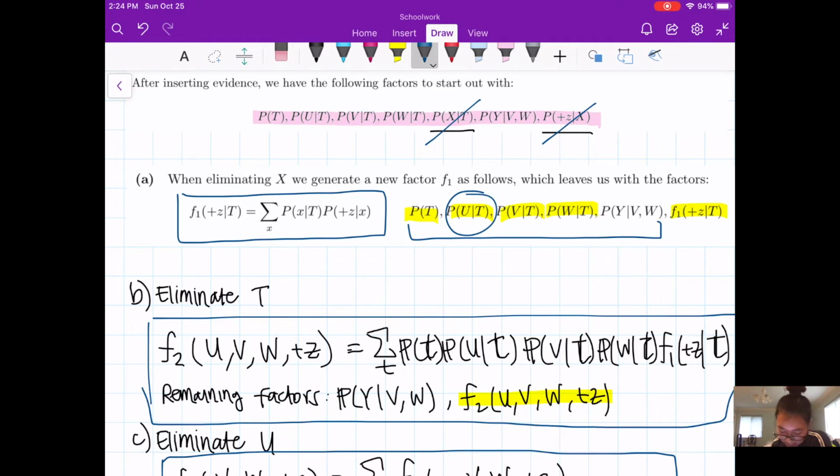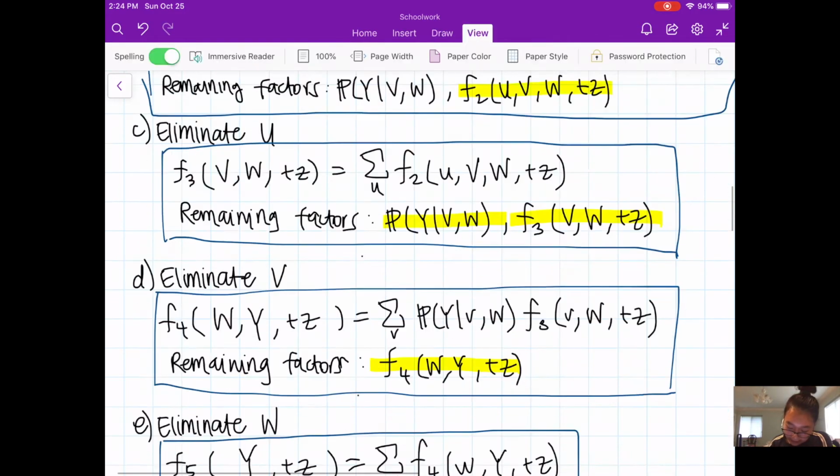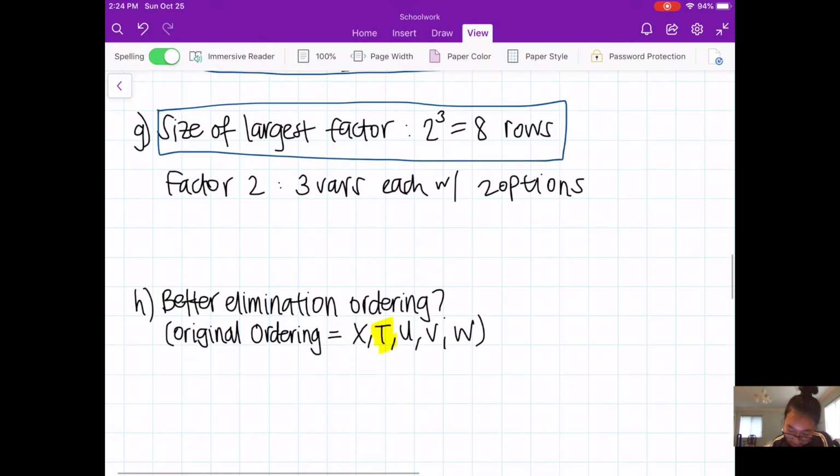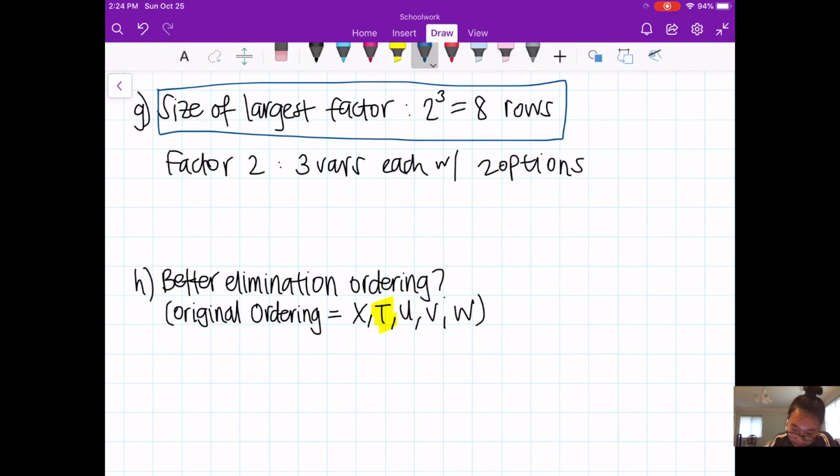And yeah, essentially just that. Because of that, we wouldn't have expanded to be like 8 entries. And since we are getting rid of u first, later on, this factor where we combine or eliminate t with wouldn't have u, so we would be restricting the value more to just 4 entries. So that being said, that means a possible ordering is just to switch the order that we eliminate t and